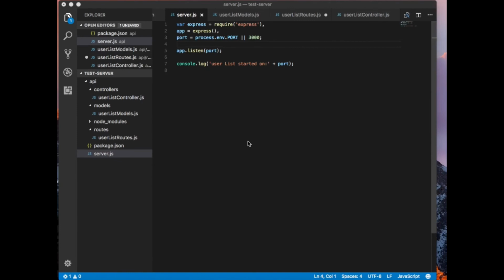Hey guys, so we just missed a couple of things. We missed adding a couple of things for Mongoose and the URL, and we just need to install the body parser, and then we're good to go. We need to write a couple of lines in the server.js for Mongoose. We can do this by writing mongoose equal